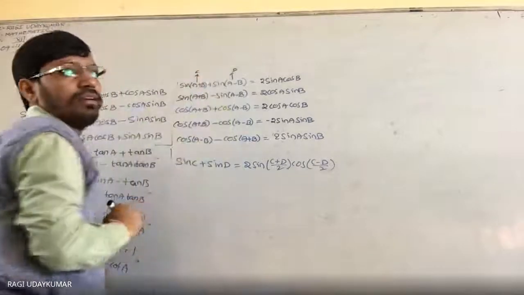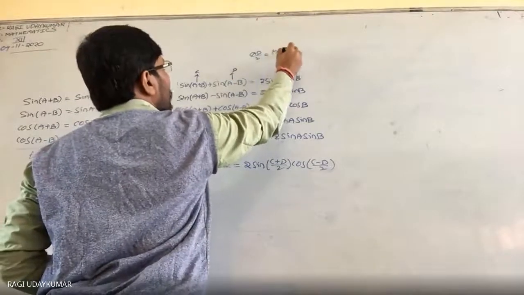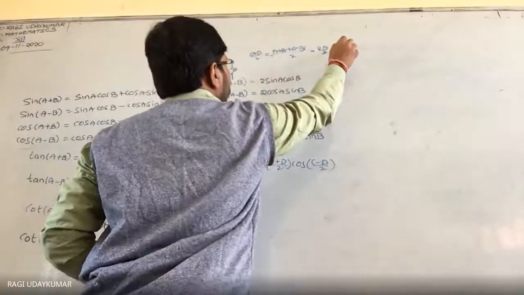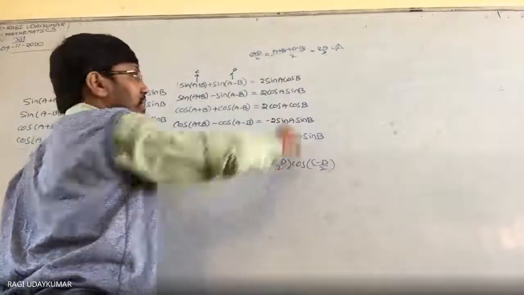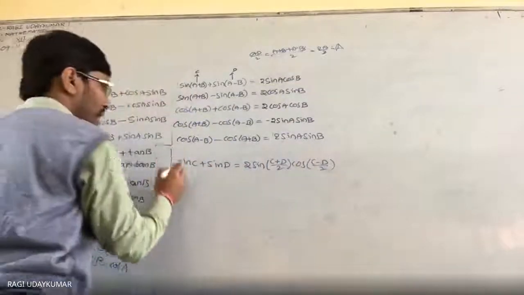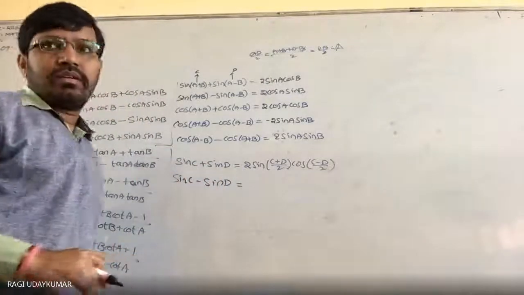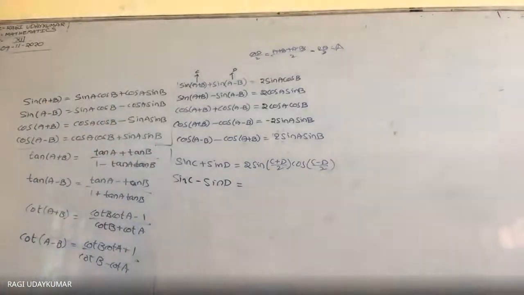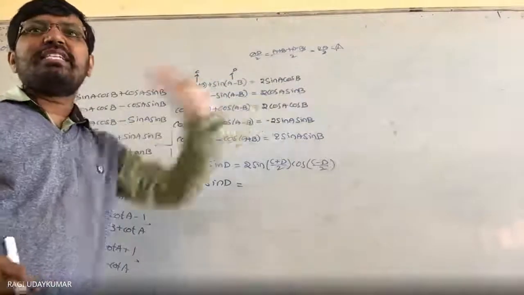This is D, this is C. So what do you get here? (C plus D) by 2, that is A plus D, plus A minus B by 2. You are going to get 2A by 2. So in A's place you have to write (C plus D) by 2, and in B's place the same as (C minus D) by 2. So can you say that it is the same as sin C minus sin D? Can anyone tell? Sin C minus sin D. Yes, this is it. In A's place take (C plus D) by 2, in B's place (C minus D) by 2.